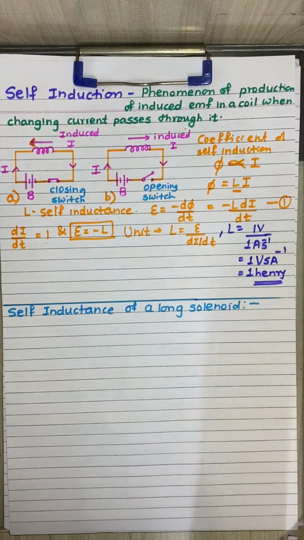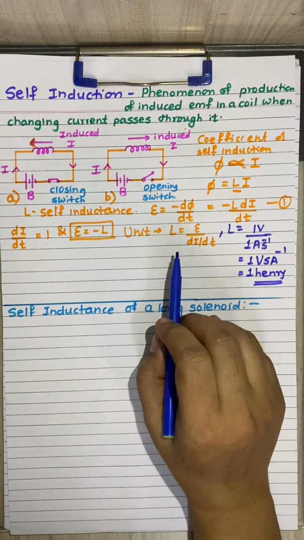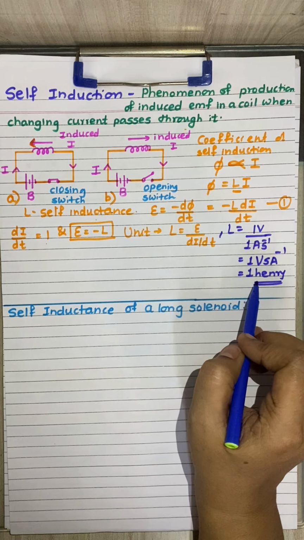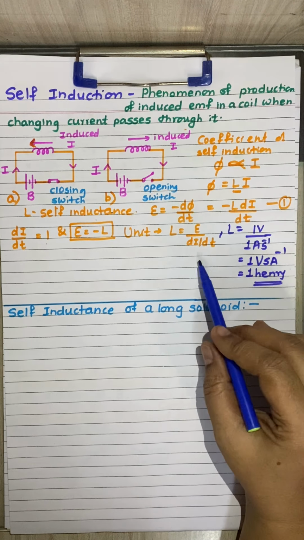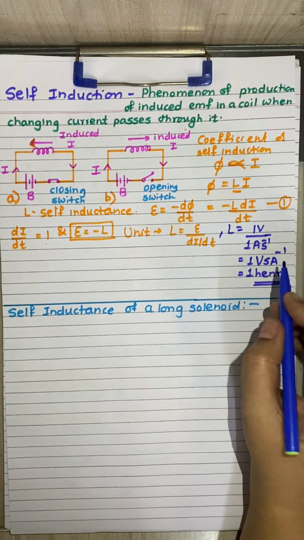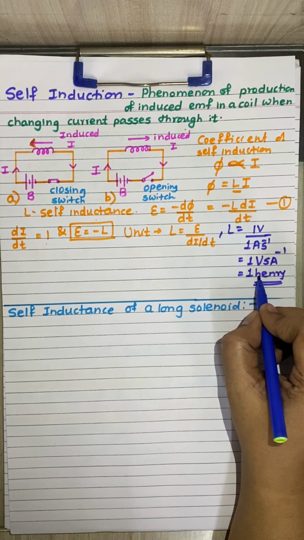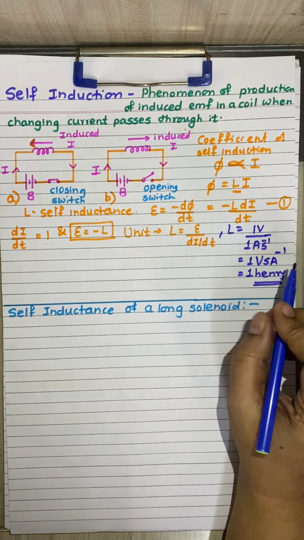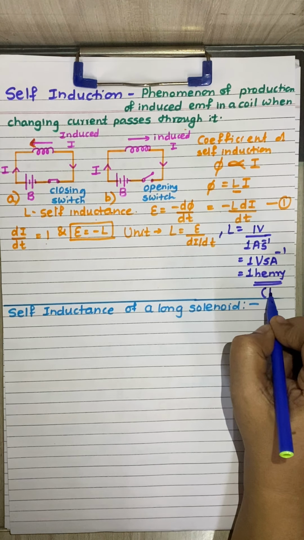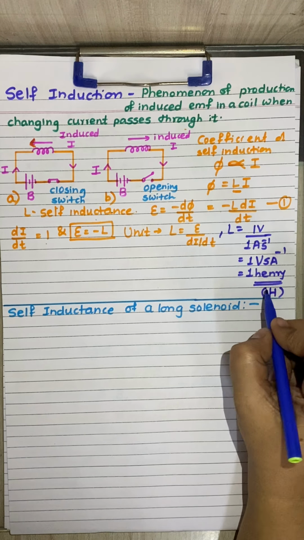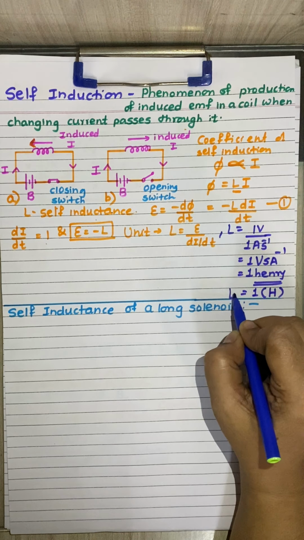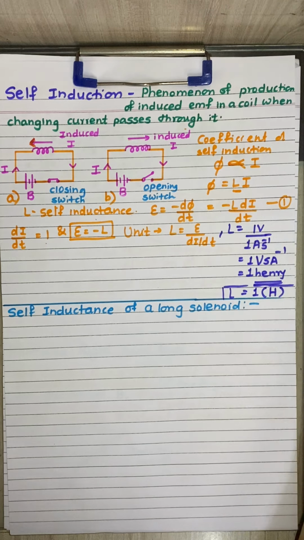Okay, so generally whenever we write down the unit in solving the numericals, self-inductance is given by the unit called 1 Henry. So whenever you are writing the complete name Henry, then you have to write H as a capital letter. If you are writing only the symbol H, then that is a capital H. Okay, so this is the unit of the self-inductance.